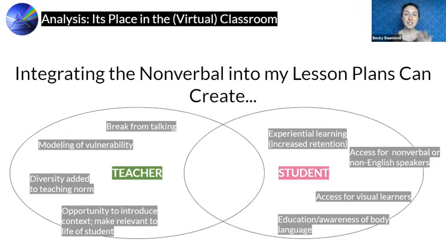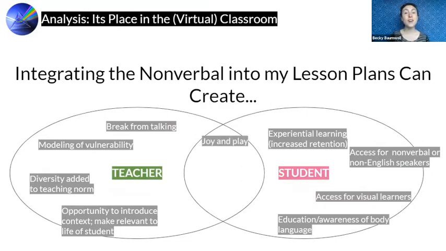We seldom, I said this in part one, but we seldom have a space or language to talk about body language. It's so assumed in a lot of our society and a lot of our social interactions. So to give students the language to go along with their body language is so helpful. And that awareness can help them on stage or off.